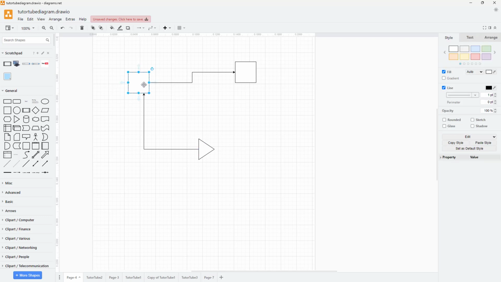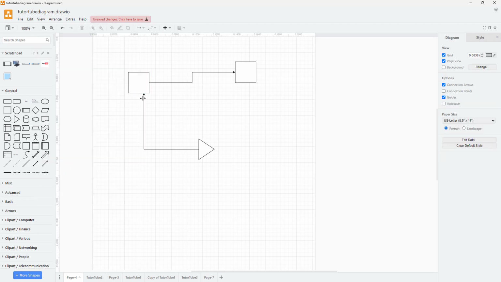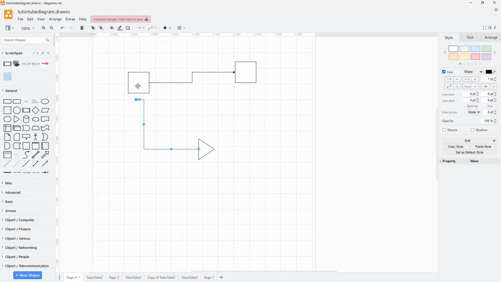Let's say, for example, I want to disable the connection point for this particular shape. Then I can go onto View right here and then disable the connection point. So once I do that, now you don't see the connection points anymore. You don't have those exact points, and you can go around and connect it anywhere right here, as you